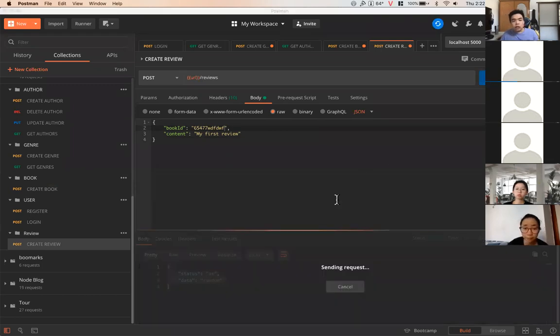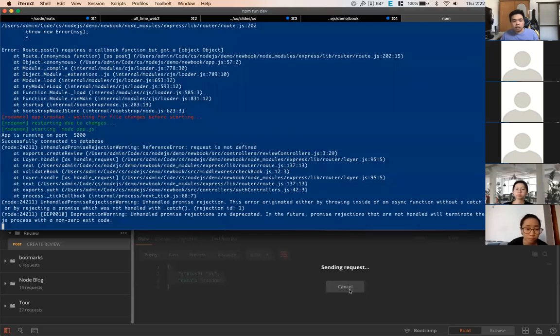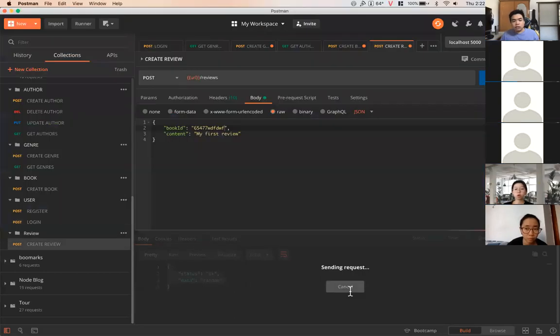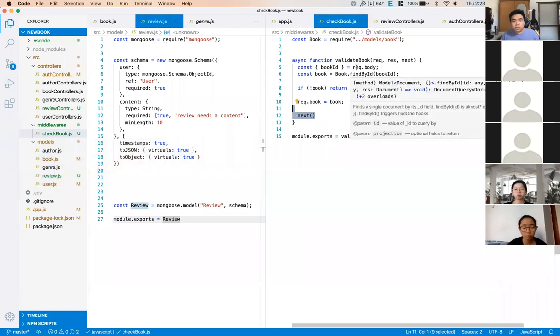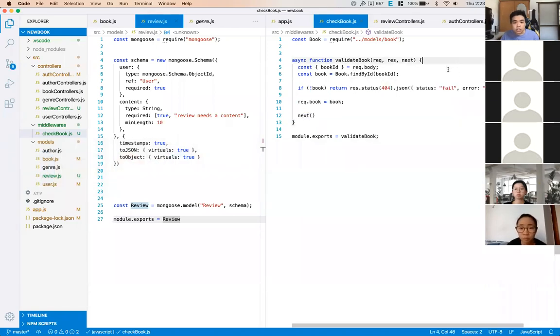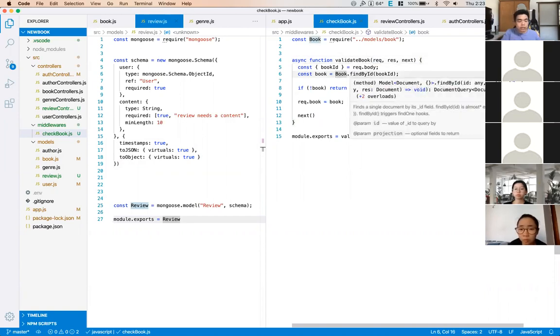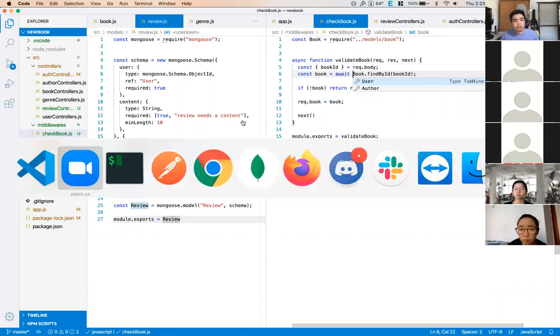It's frozen. I forgot an await, I think. Here's the error: request and notify. Stop. Go back to the code. I actually called the request and notify. Where the hell is request? So I need an await here. But